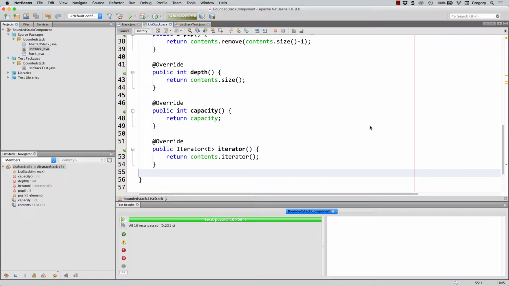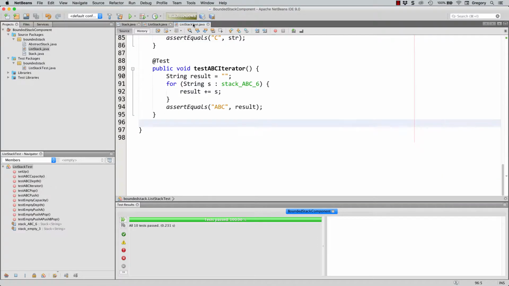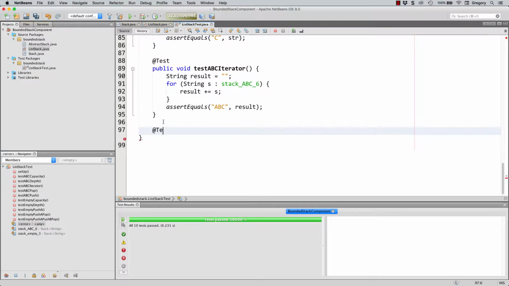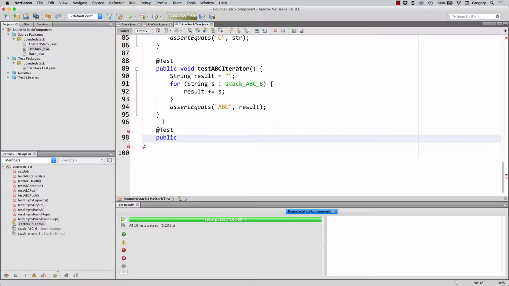Okay, now that we have an iterator, let's implement some more methods. The first one we're going to implement is toString. Before we do that, I'm going to go and, as usual, create some tests for that. So public void testEmptyToString. So our empty stack